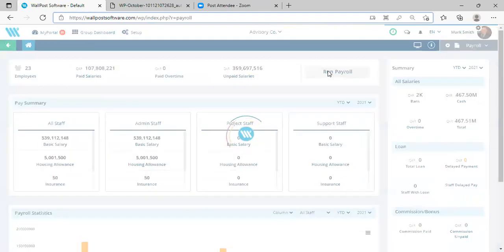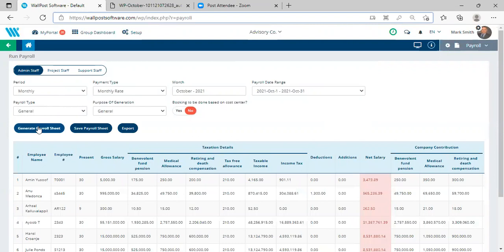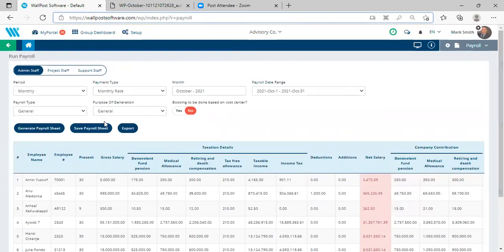Now, once I click on run payroll, the system will just ask me to select the specific period for the payroll and then click on generate, and that's it. Once I click on generate, the payroll processing takes place and you get a report on the payroll breakup components of a payout for an employee. You can export it,